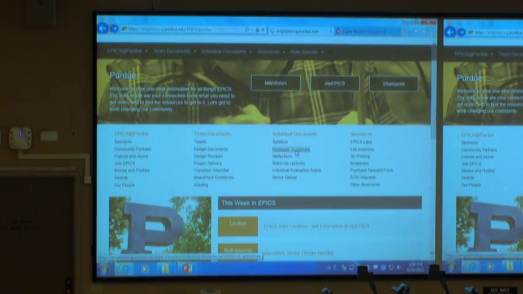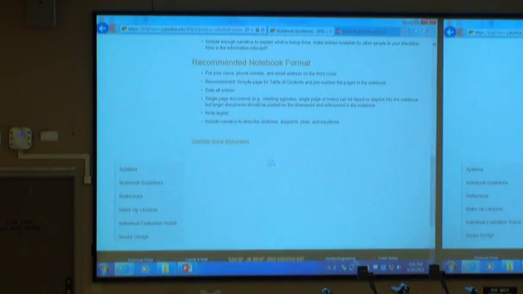Also in the notebook guidelines, under individual documents, at the bottom there is a OneNote setup instructions. So if you don't